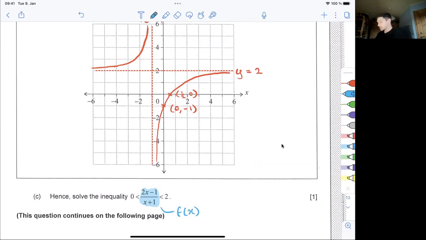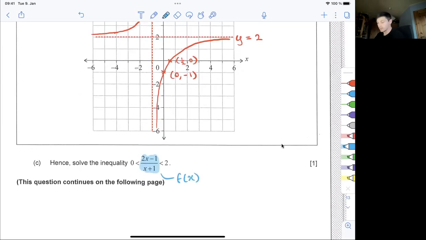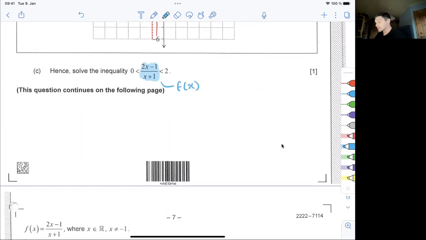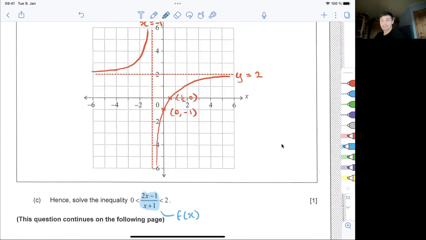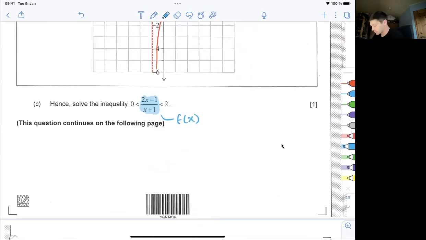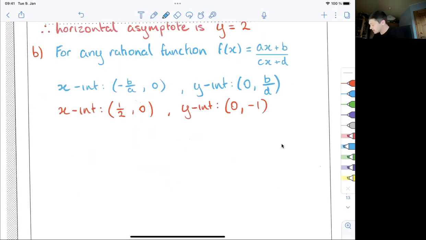And we can specifically see that that is from this point onwards here. So from the x-intercept onwards. And we know that since we found the limit, f(x) will never touch, it'll never get to y equals 2. So simply the answer to solving this inequality is just x needs to be more than a half. And so we can write that down here and say